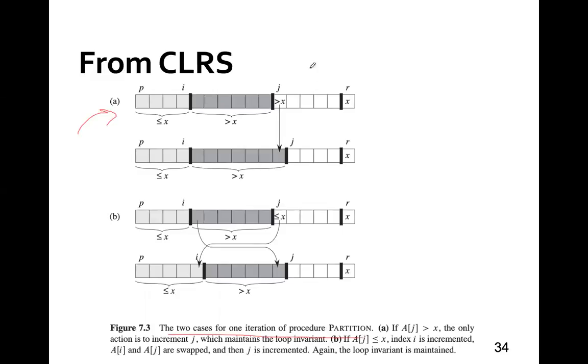Because once you swap the pivot to the end, then you check the elements one at a time. You will also keep track of two positions. One is, all the way to I, these elements are less than or equal to X. All the way to J, these elements are larger than X. And I want to continue to check these elements, so the next element to check is J. If it's larger than X,